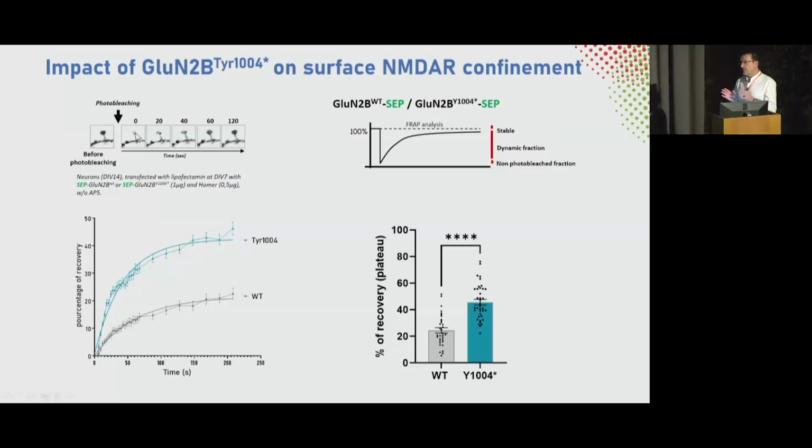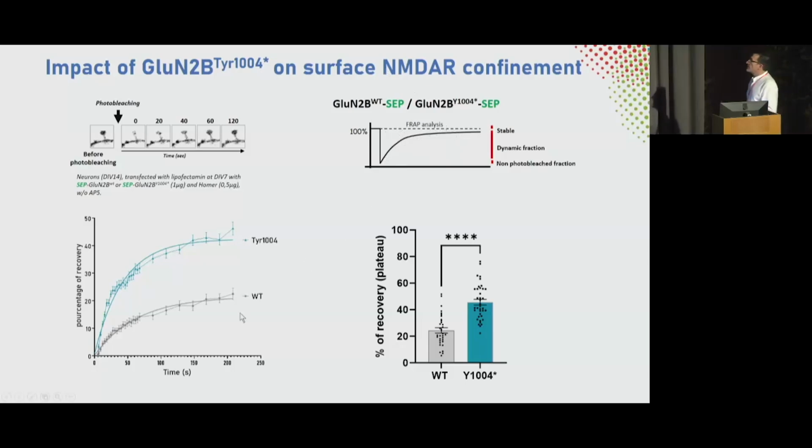And after that, you stop the laser and you observe how fast the fluorescence recovers at the synaptic level, meaning how fast the GluN2B at the extrasynaptic part can go back to the synapse. So we are analyzing the movement of the receptor in the global population. We can see here as an illustration, if you decrease the fluorescence, a little bit after you have a recovery of this fluorescence, and you can analyze the dynamics of the receptor.